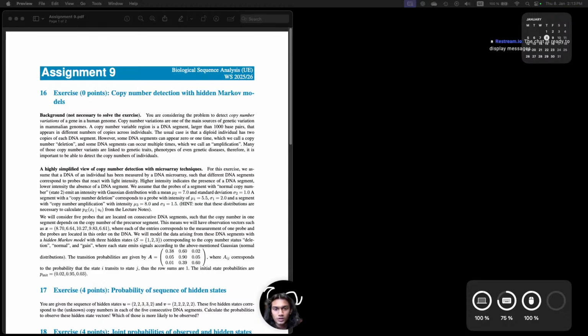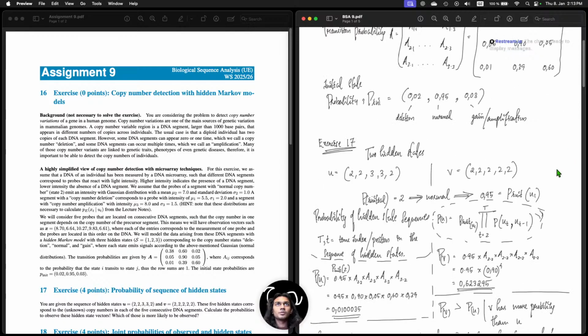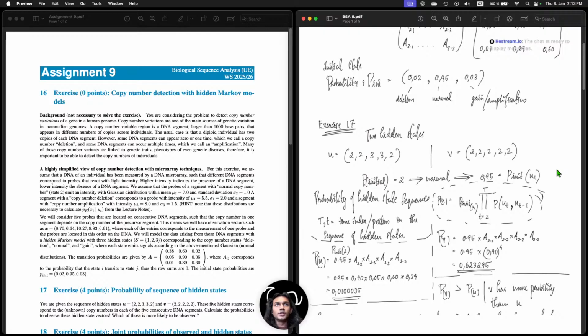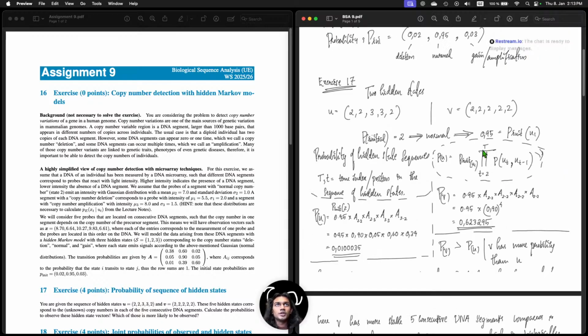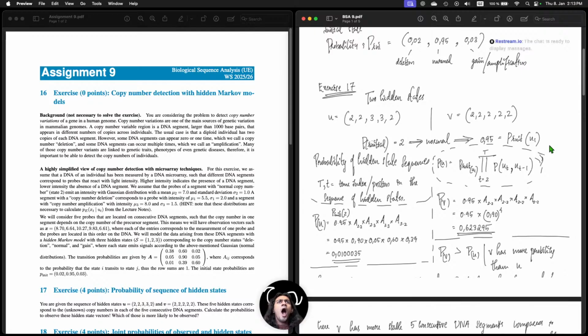What am I even doing? Yes. So, where is my answer that I uploaded? This is my answer. Transition probability, initial state probability, two hidden states, P initial equals 2, normal, therefore, according to the